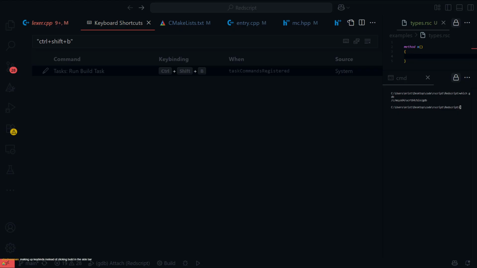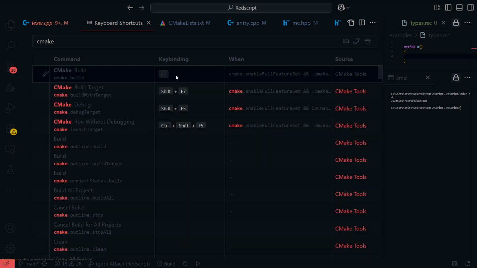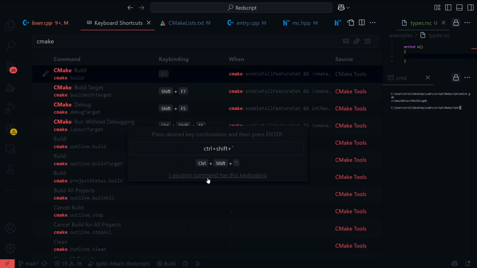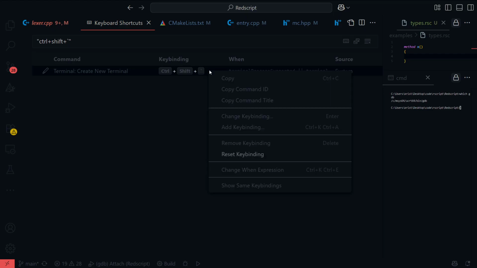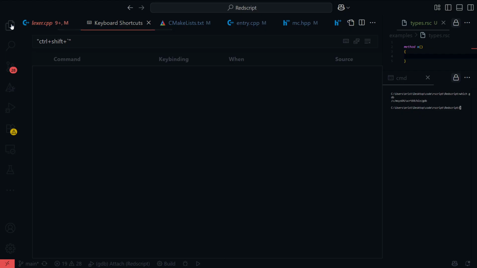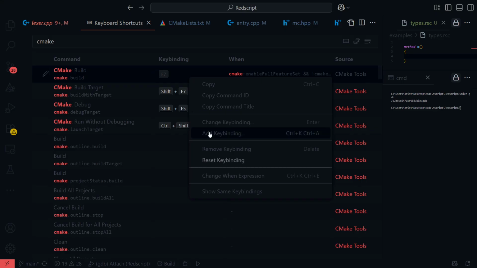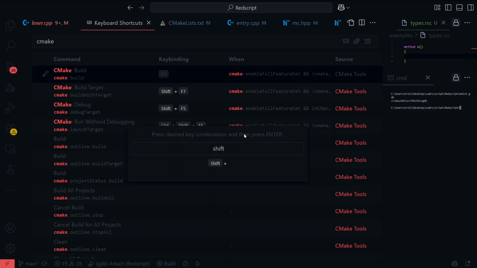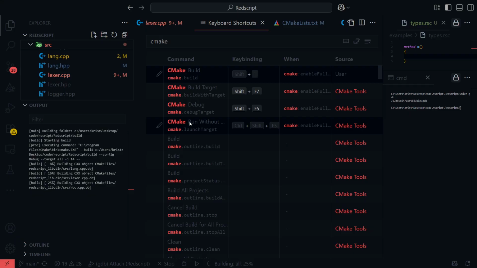Making up a keybind instead of clicking build. This sidebar. I need a keybind. Everybody needs a fucking keybind. What are you on about? What are you on about? Okay, CMake will now officially be Control Shift tilde. What in God's green earth does... Yeah, I don't use that, so let's just remove this. Did it change? It's too many keys. Okay, done. Now I can build using that. Perfect.